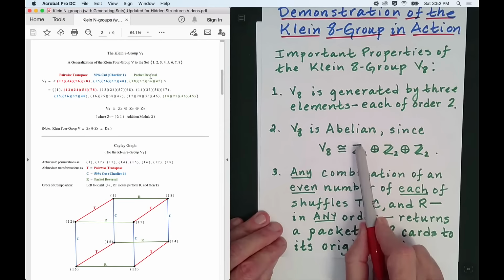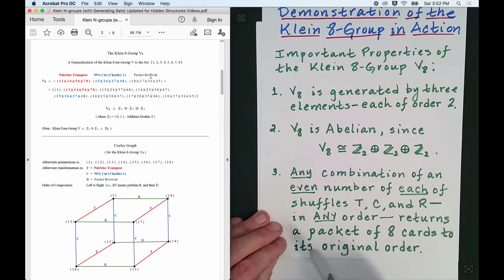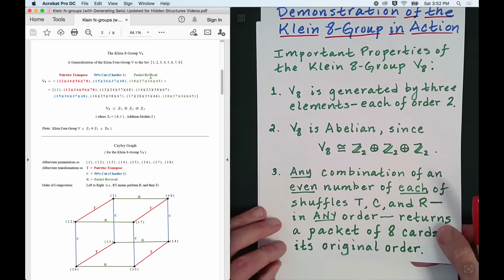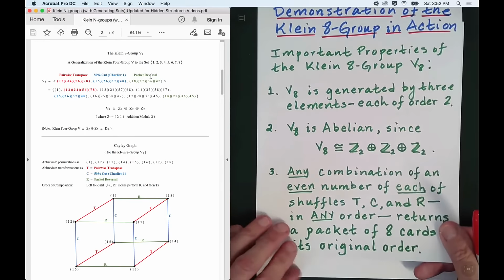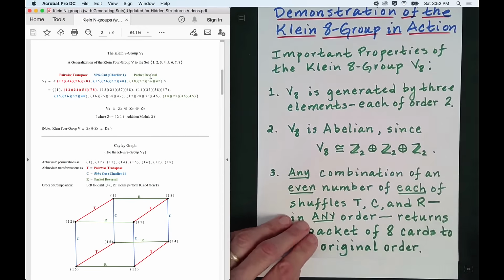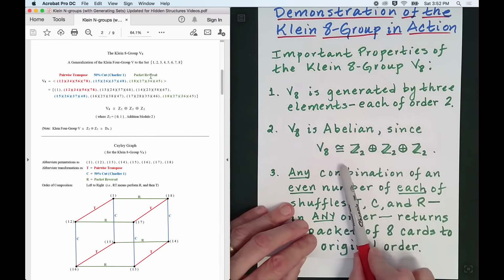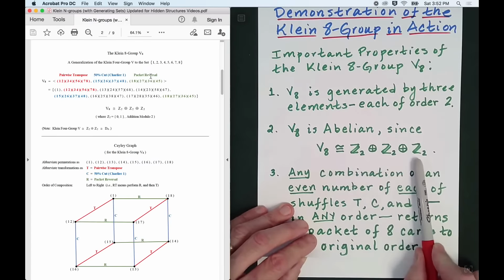It's an abelian group. Okay, so it doesn't matter in what order you apply these permutations. So if you do a pairwise transpose and then a 50% cut, it's the same thing as doing a 50% cut and a pairwise transpose. And you may want to convince yourself of that by just trying those out. It doesn't matter what order you perform these permutations, okay? And that's a property of an abelian group. The operation here is commutative,